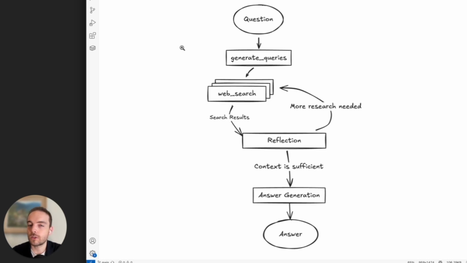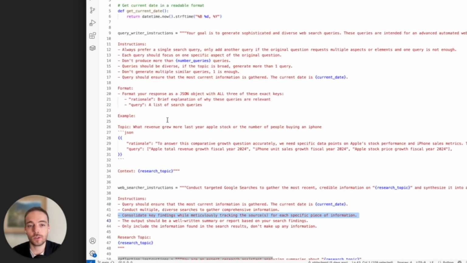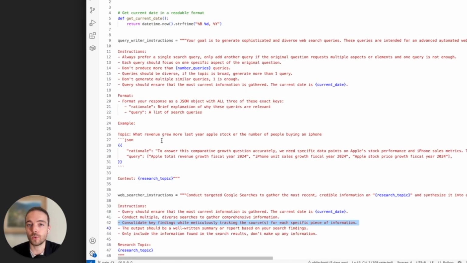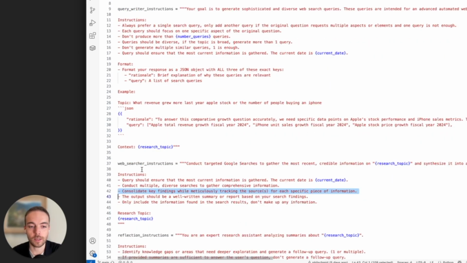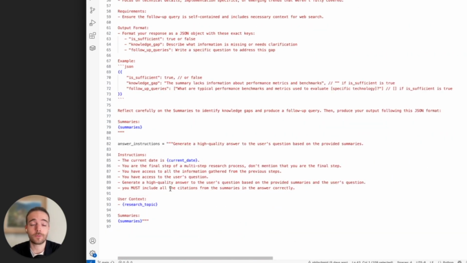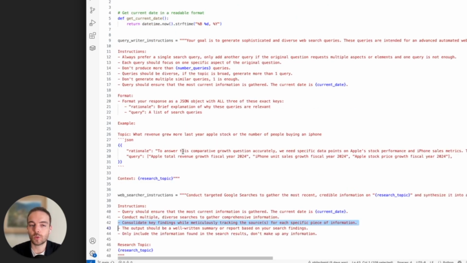Now let's talk about the code. Here we have 2 files that for me are the most important. The first is the prompts. We won't read them here together, but you can check them. We have 4 tasks, and so here we have 4 prompts. These prompts will be used in the code and specifically in the